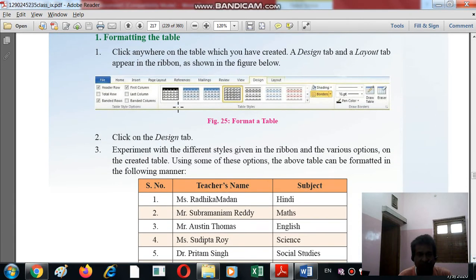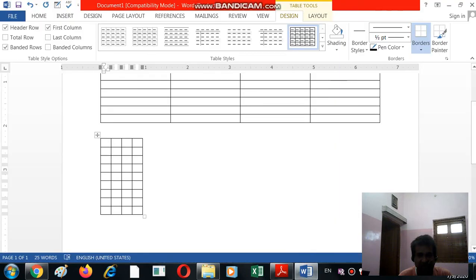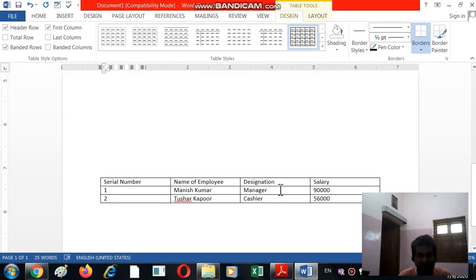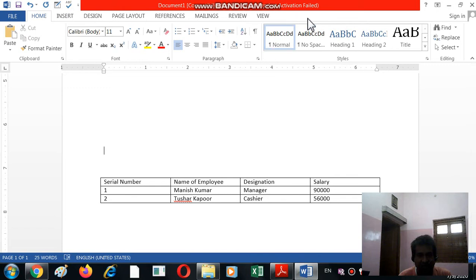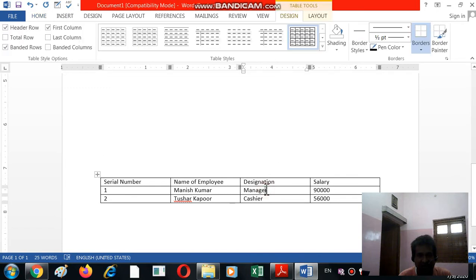Once you add a table and click the table, these two tabs come. Click anywhere on the table where you have inserted. A Design tab and Layout tab appear in the ribbon as shown in the following figure.